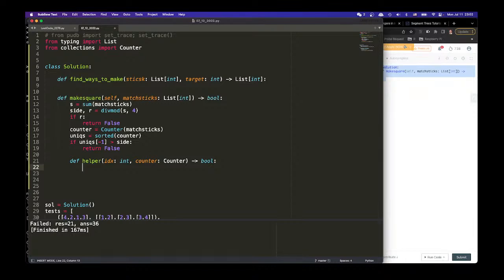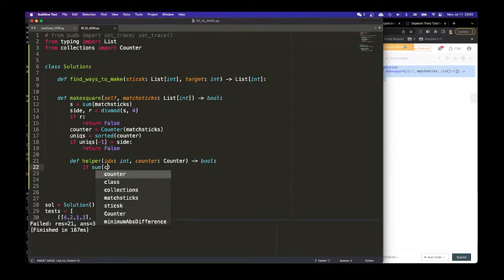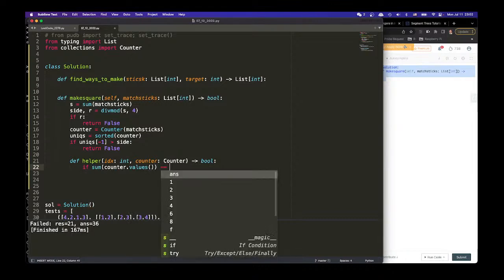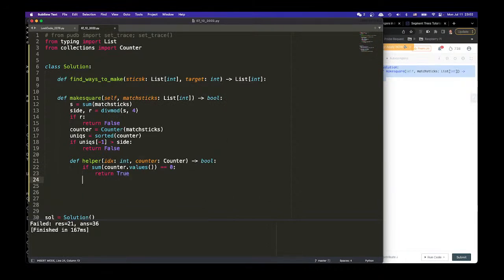Everybody has been used and there's no error. So we say if sum of counter.values is equal to 0, then we return true. Otherwise,